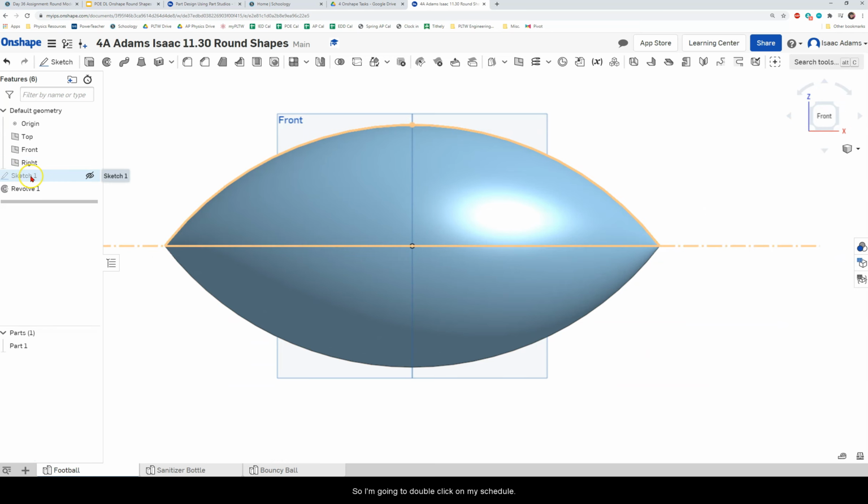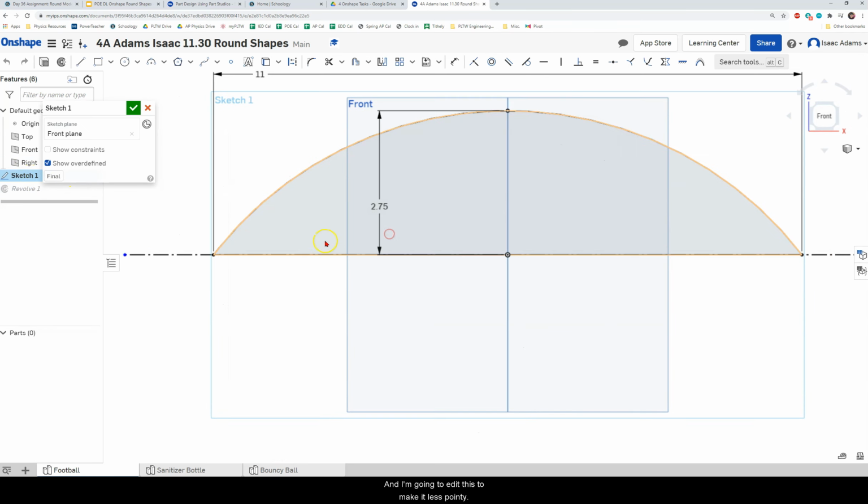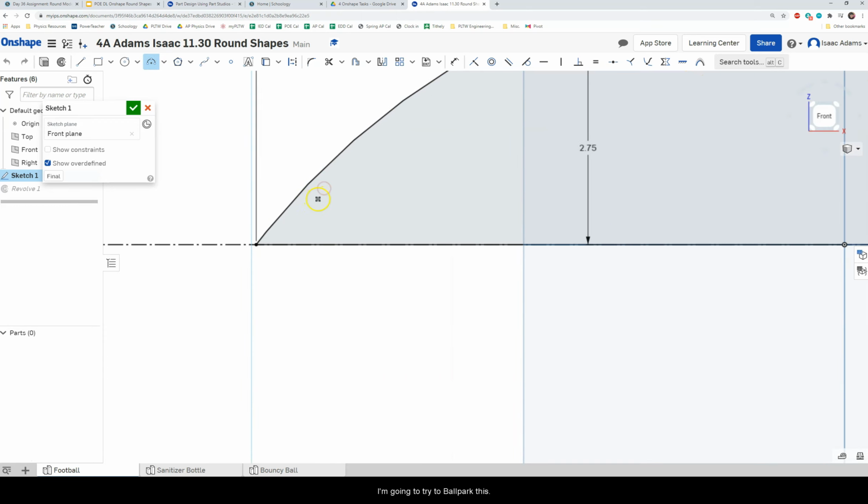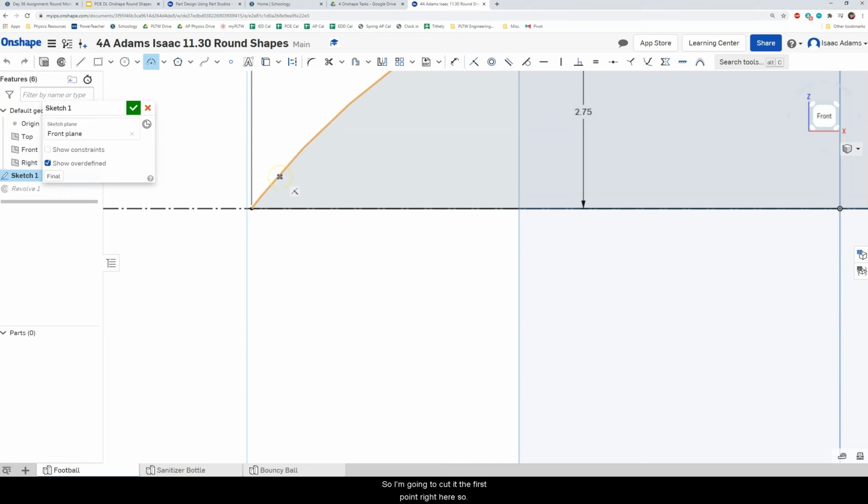So I'm going to double click on my sketch, and I'm going to edit this to make it less pointy. So the first thing that I'm going to do is use this 3-point arc tool, and I'm going to try to ballpark this. I'm going to put the first point right here or so, and then I'm going to put the other point on the opposite side of the construction line of there. Make sure that that little blue dot is oriented along our construction line. And then I'm just going to turn it around so that it'll end up being just a little bit shorter than 11 inches, but at least it'll give us a little bit of a smoother tip to our